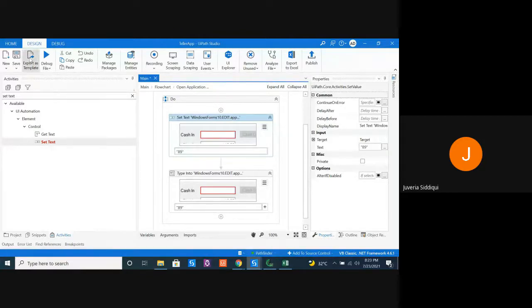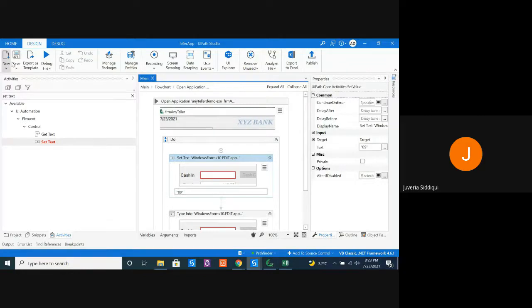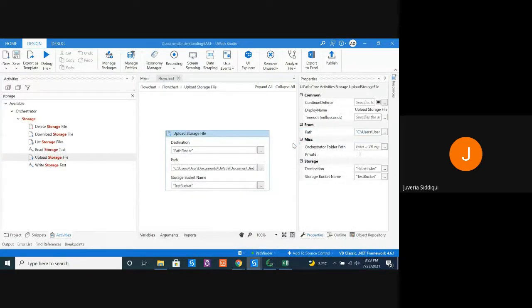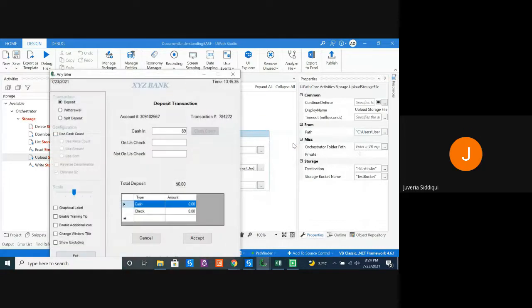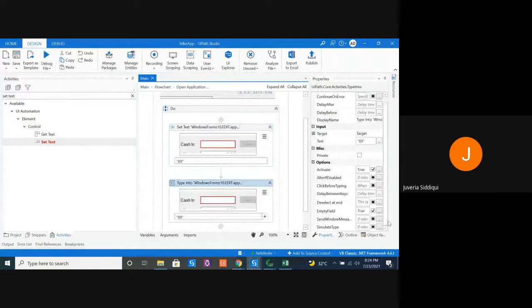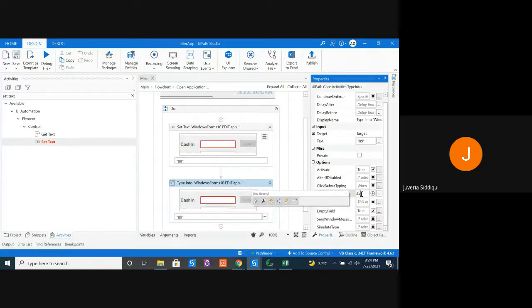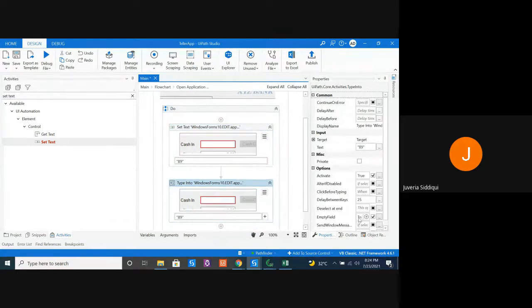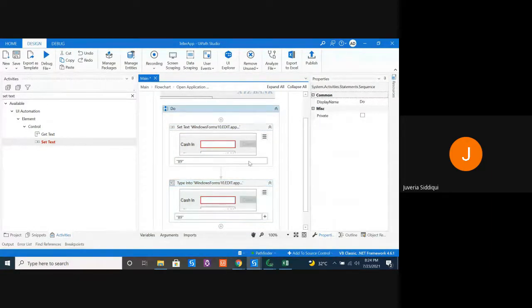Now let me run this quickly and show you. We'll open it again. Okay, it was very quick. Let me set some delay first. Let it be 15. No, more delay, I want 25 seconds so that you can see. Empty field true, yes.